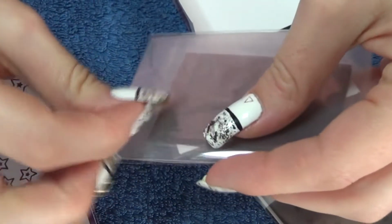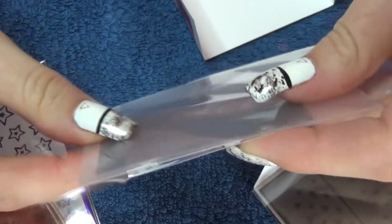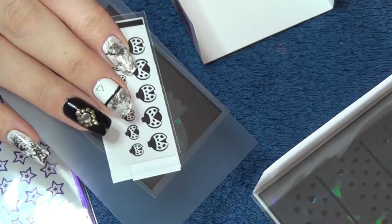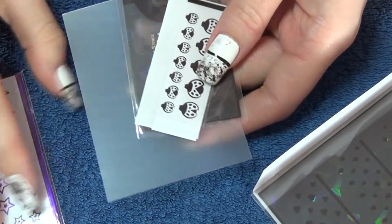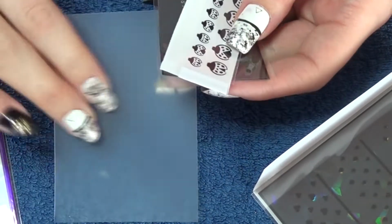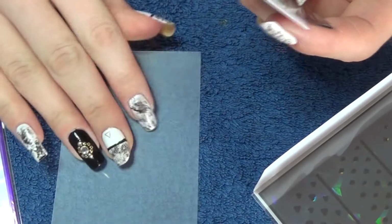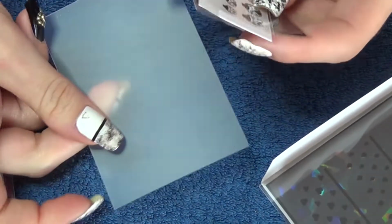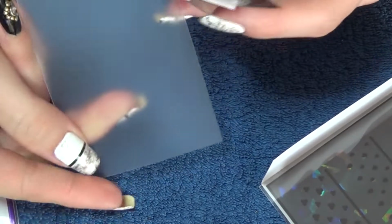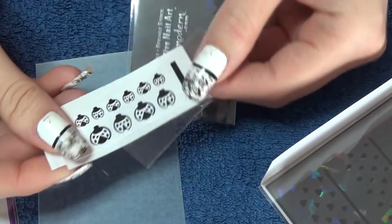In the back here you've actually got some handy tools included. I don't want to go too much in depth in this video. This is just a kind of general overview of what I've got, but when I do the individual reviews I'll certainly go in a lot more detail. You've got this piece of sort of soft flexible plastic. This can be used as like a mixing palette, for colours on, etc. So you've got a little sort of palette there. That's just a few extra